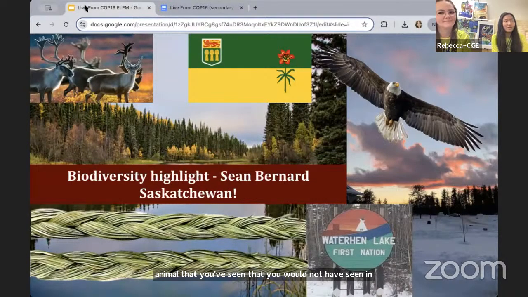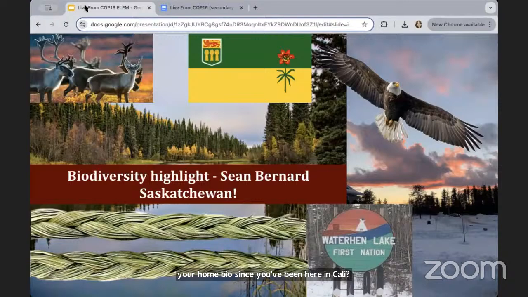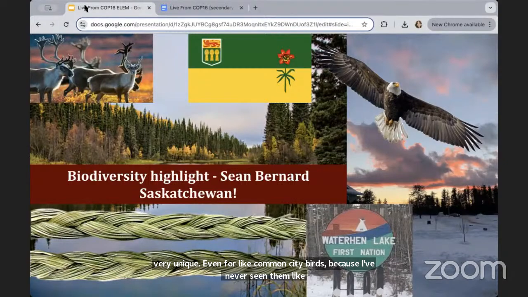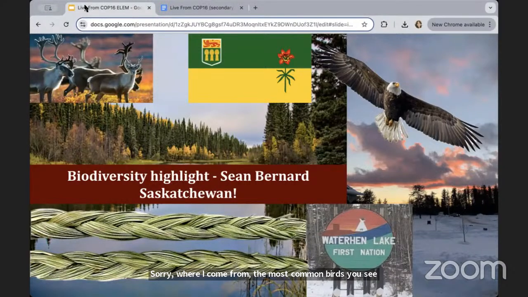I believe that the birds here especially are very unique, even for common city birds, because I've never seen them where I come from. The most common birds you see in St. John are common pigeons, but even the pigeons here are a different color, different body shape, and just a lot more